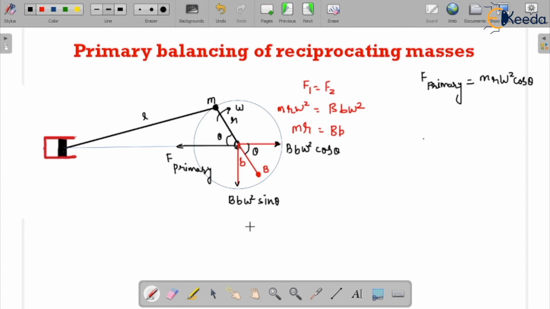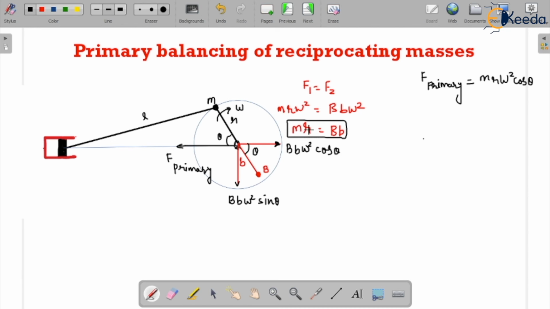In this diagram, you just need to understand the setup. This is a simple diagram where mass M is attached to the crank at radius r, which is rotated at angular velocity omega. To balance the unbalanced mass, we have to attach some mass. I'm not saying it is the same mass as the unbalanced mass; it may be different and at a different radius. B could be anything. We attach the B mass in order to balance the forces, so F1 is equal to F2, and you get m r equal to B b. This is the relation for complete balancing.